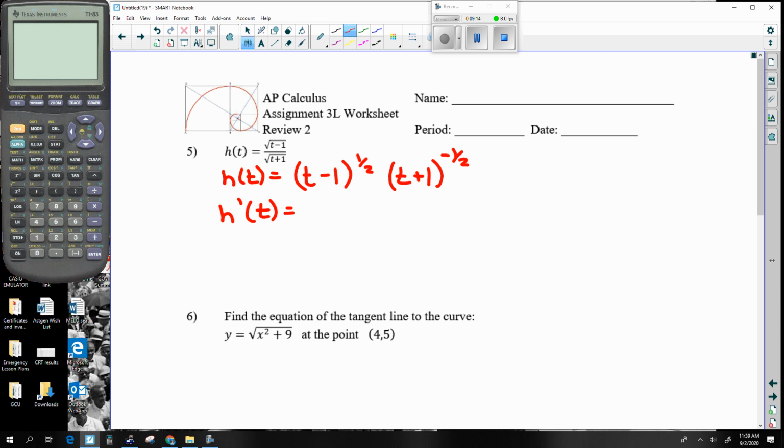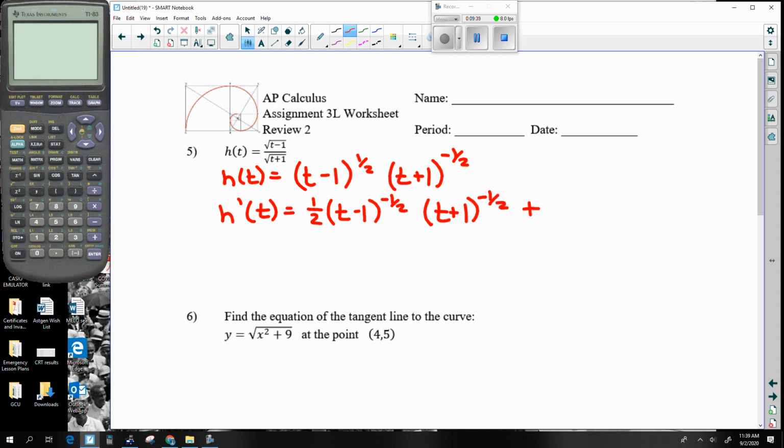Okay, h prime. So I take the derivative of the first, like u prime, for instance. And that's 1/2 t minus 1 to the negative 1/2, and then you would multiply by 1 if I were straight up doing the chain rule, but a multiplication of 1 is just kind of a waste of time. All right, so that's u prime v. So the second part is just left alone,